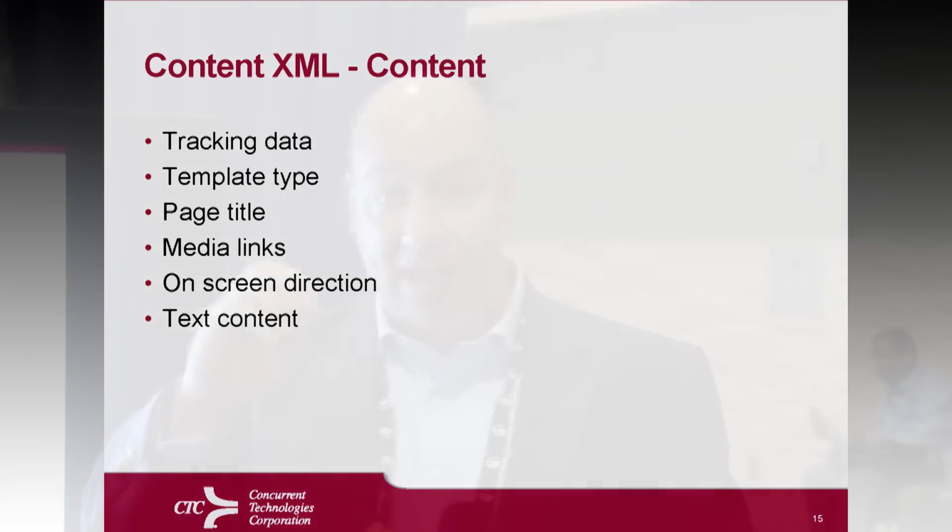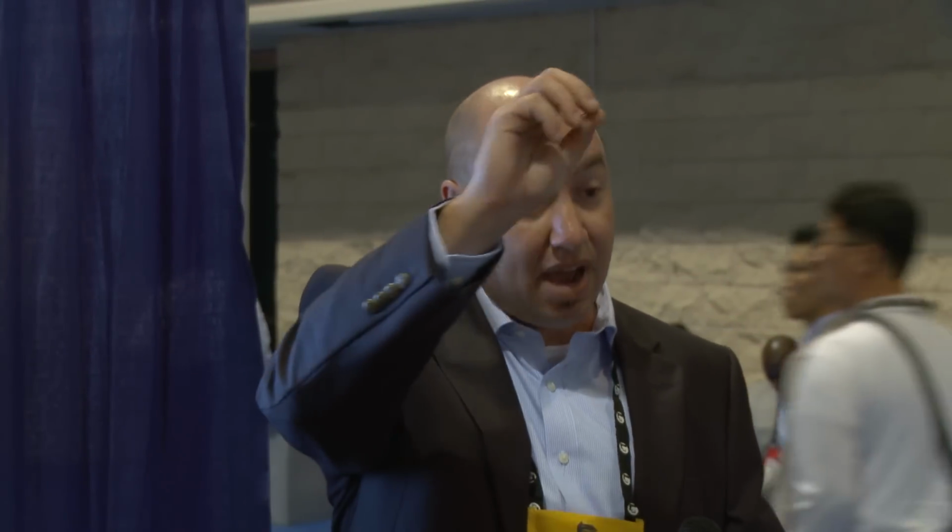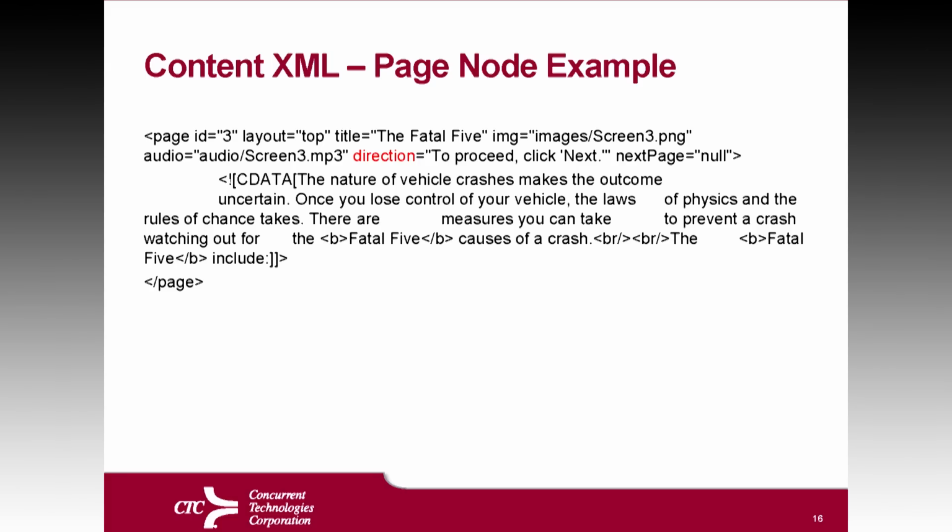This is just the content section of the XML. So the preferences section was setting up all of those graphical look and feel items. That's the first part of the XML document. In the second main chunk, you have all of your content. And it's the way I've seen it done most times, and I think the most effective way to do it is to divide each node up into a page and have the specific aspects of that page, whether it's linear, what ID it is, whether it's graded, a lot of these specific details for a specific page in that page node, as well as all of the content, the images associated to it, the animations, videos, whether it's replayable, whether it's a one-time play, or whether they can come back to it at will.